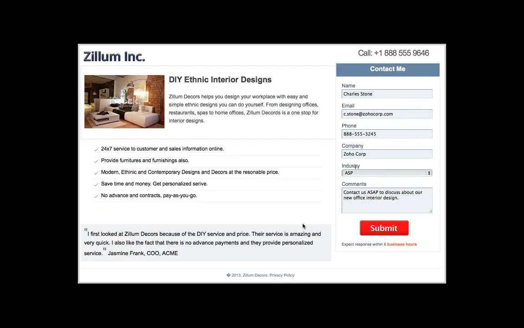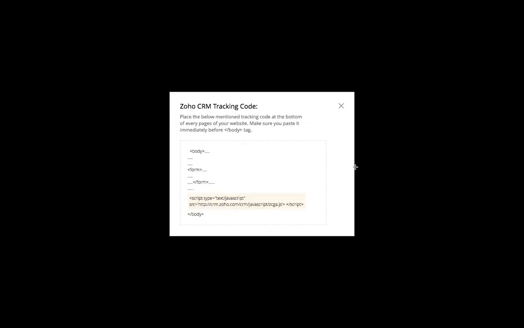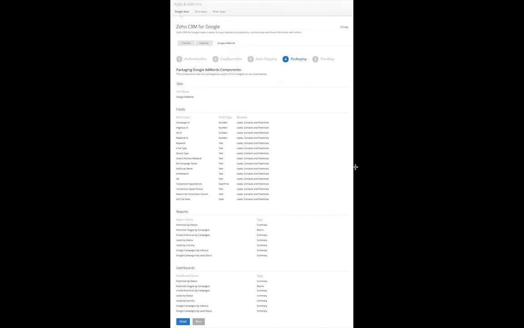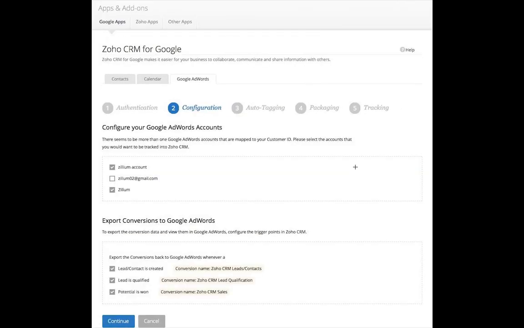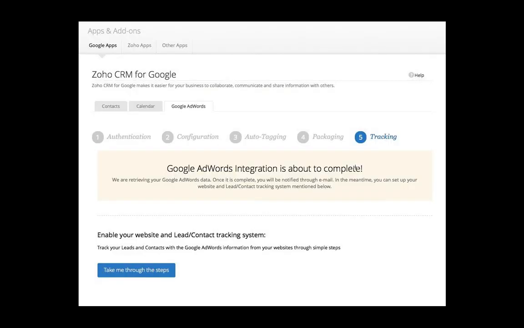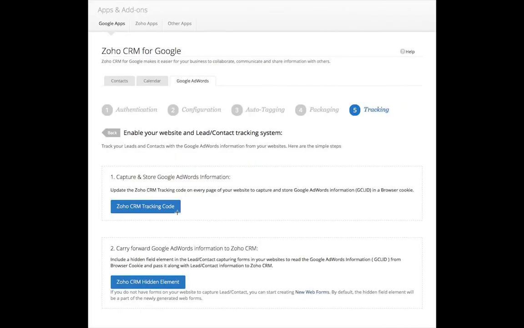This happens because we did the linkage by giving the credentials of the AdWords system in this step, and then by enabling the Zoho CRM tracking code and also the Zoho CRM hidden element. Please let me repeat again, these two steps are mandatory so that the data gets captured successfully in the Zoho CRM system.